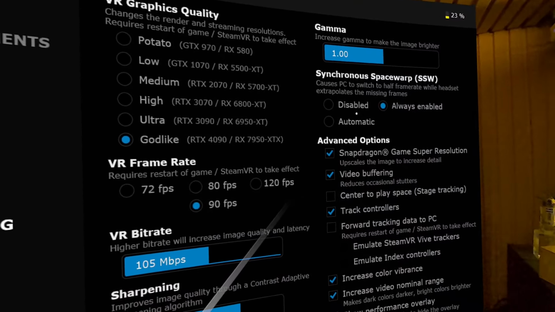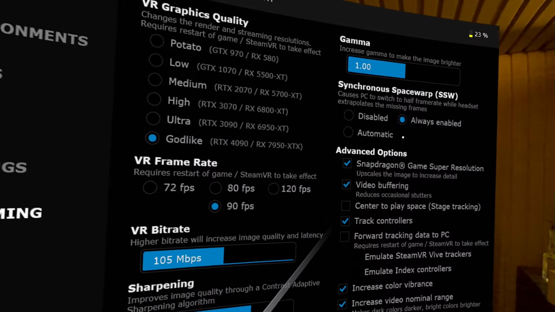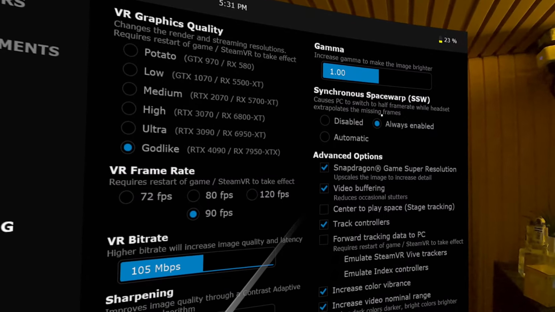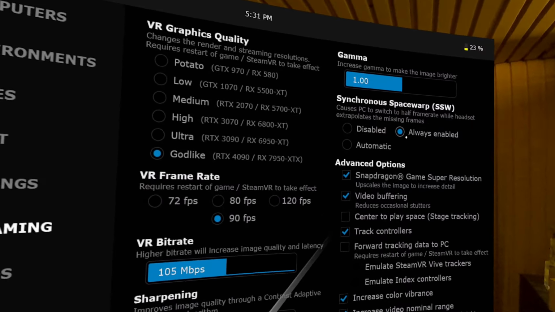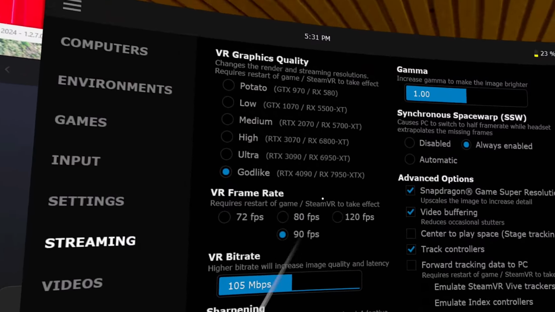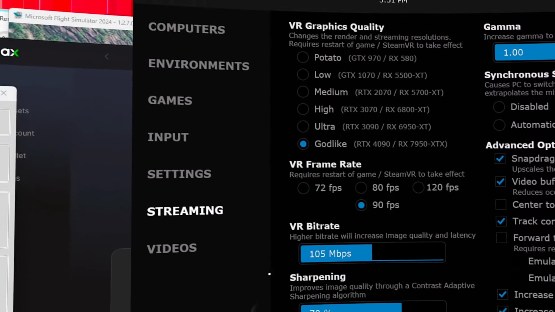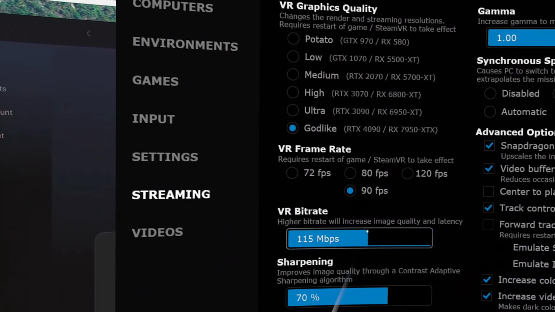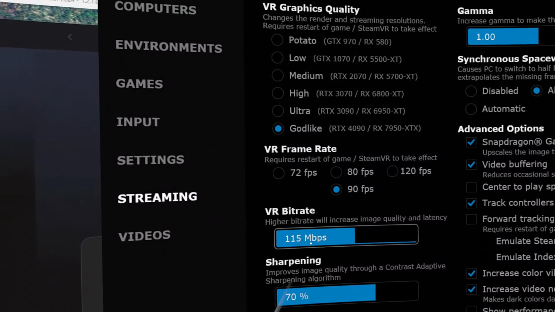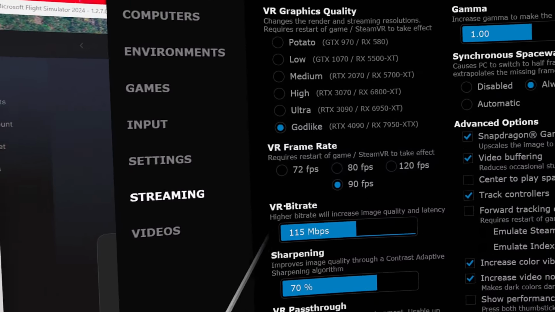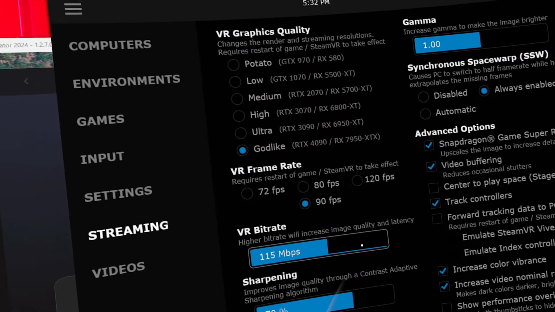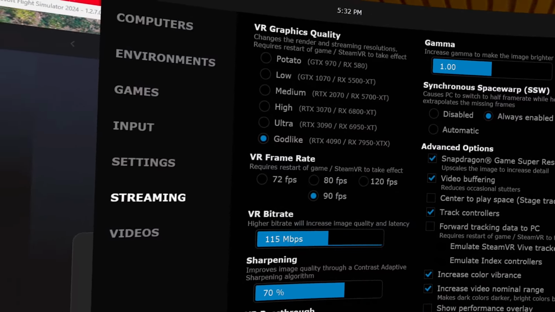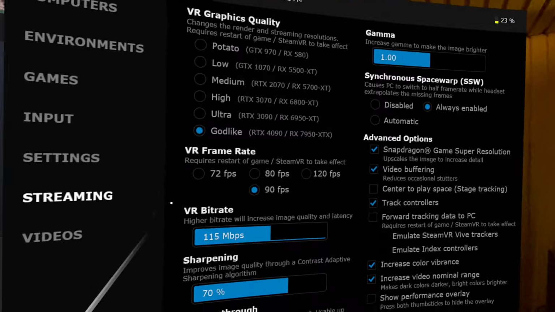If you're having half refresh rate frames, the 50% missing frames will be filled with this method, this algorithm, okay? Then you can use the bitrate. You can go up and down, but don't be crazy, okay? Take it easy here. Don't go too high, don't go too low. Try, and you have to try. Then that's all you need to know here in